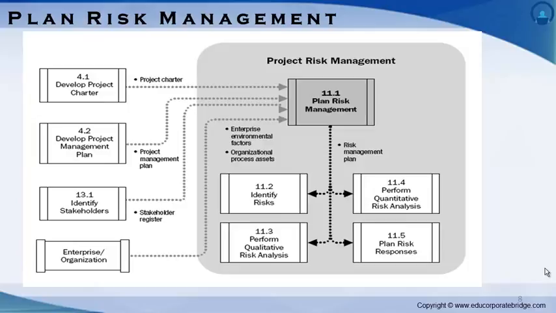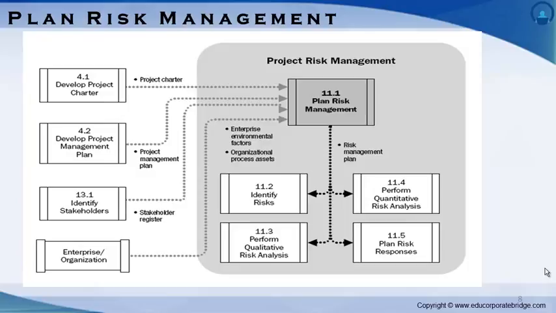It is also a process in the integration management knowledge area. Stakeholder register is the output of the identify stakeholders process. This process is a part of the stakeholder management knowledge area, and enterprise environmental factors and organizational process assets are provided